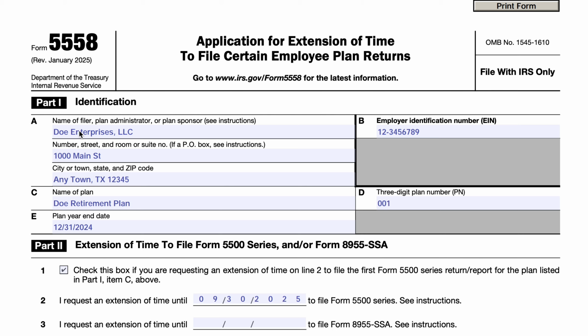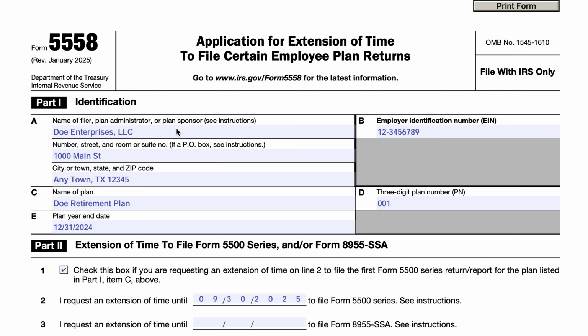So part one identifies the taxpayer that's planning to file the extension. Part two talks about which extension we're requesting. Up here we've got John Doe, Doe Enterprises LLC. He's a single sole entrepreneur. He's the CEO and head janitor of Doe Enterprises. He came up across the end of the tax year, did not realize the filing requirement, and now he's asking for an extension just so that he can get his feet under him and make sure that he files his